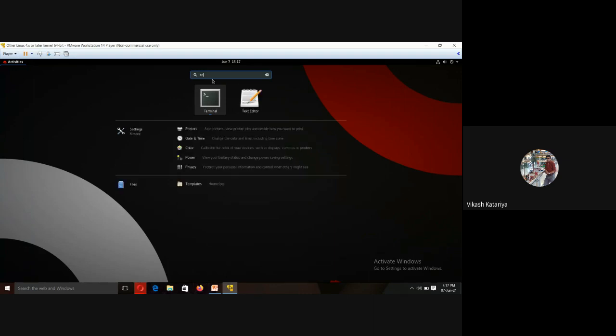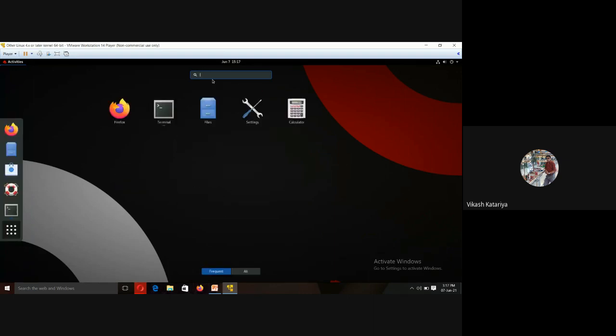So any applications or any packages which we have already installed in the Linux machine, we can search by typing the name of the application. So this is how Red Hat Linux 8 will look, and how we access the applications by putting information in the search box, right?